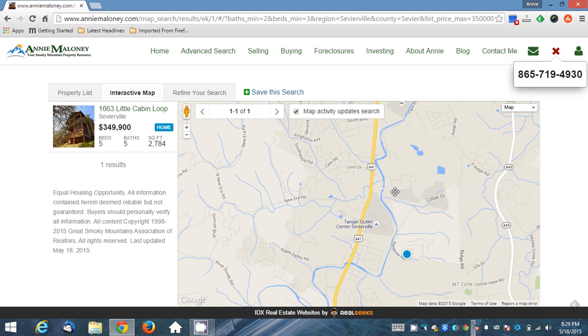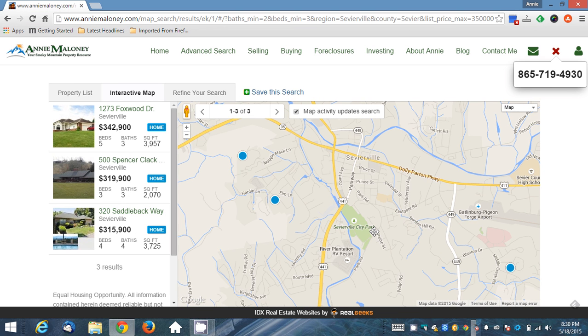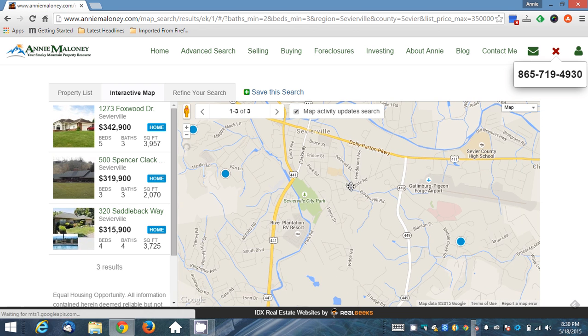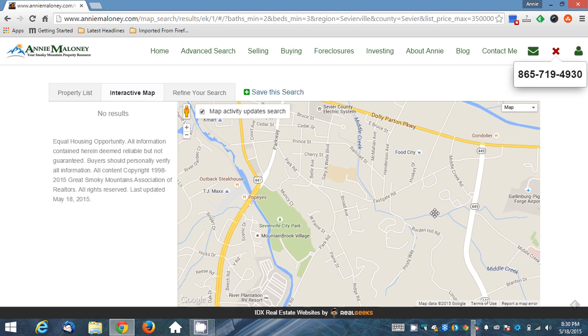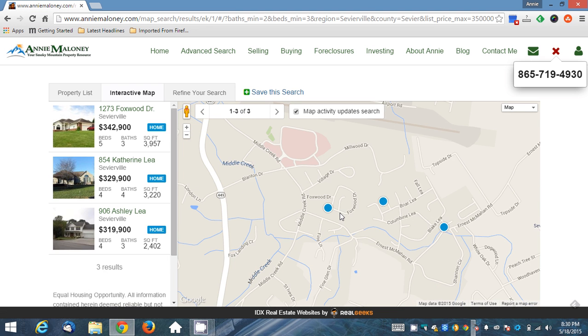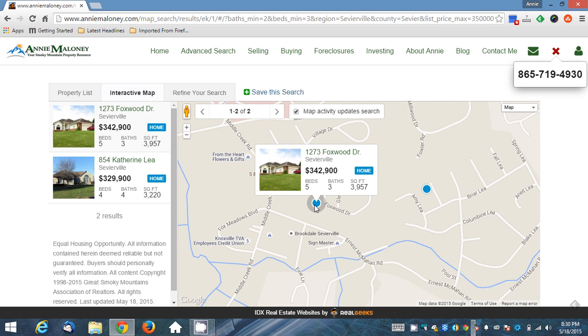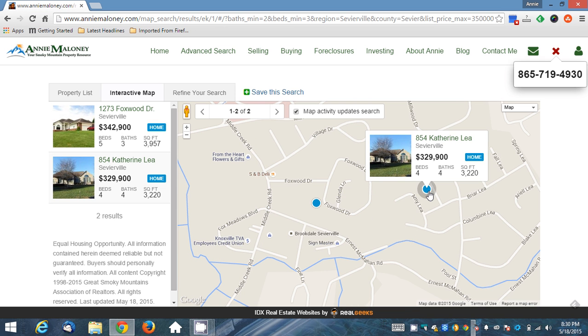What we want to do is zoom in to a point where we can go ahead and utilize the Google Street View feature. So what we'll do is zoom in a little more, and we'll get out here a little bit. And one more time. Now, inside of our map, we've got 2 available properties, this one here on Foxwood